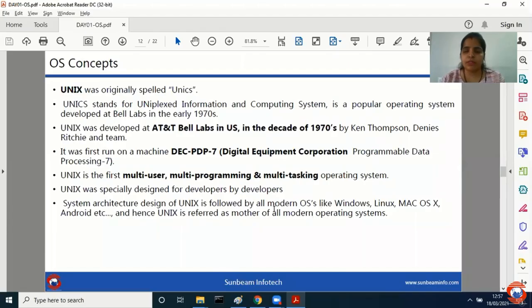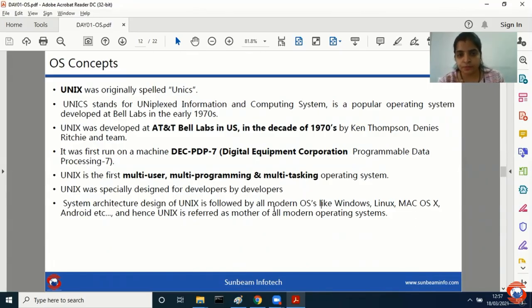Now, have you ever seen that when you log in, in some of your colleges or offices, there can be 2 users for one OS? एक normal admin रहता है और एक guest user रहता है. Have you ever seen these? Right? So this is called multi-user. For one particular OS, there can be multiple users also.